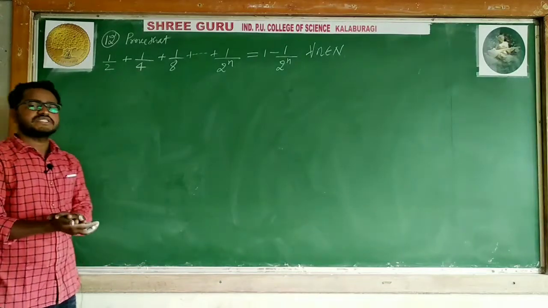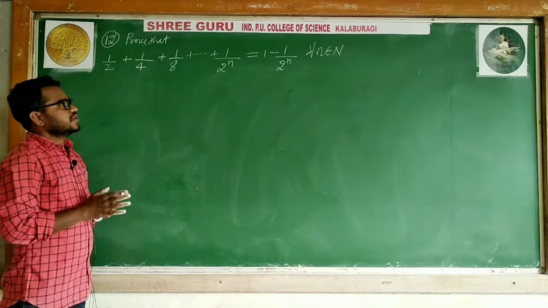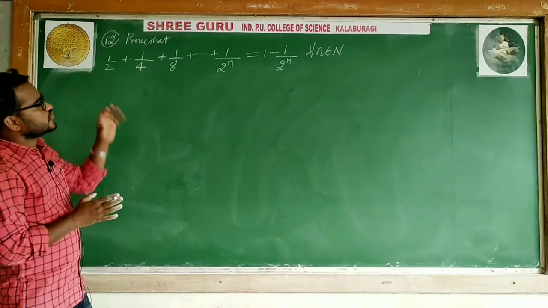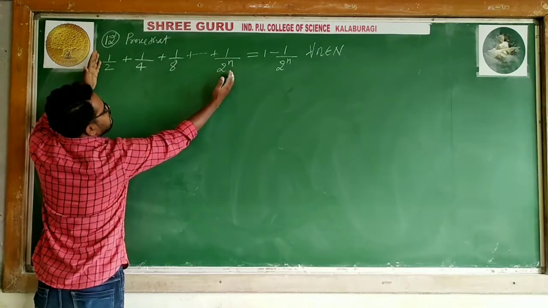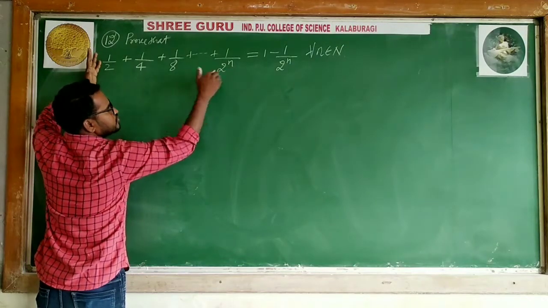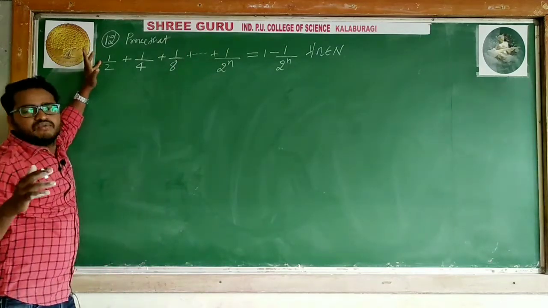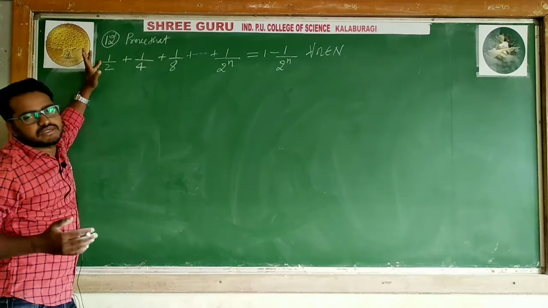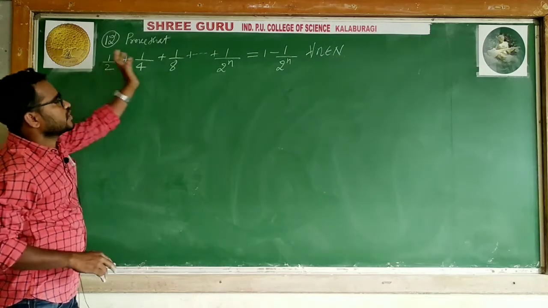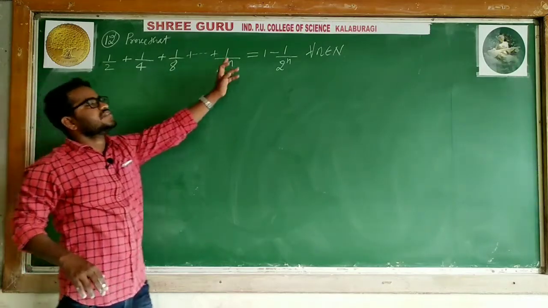What is step 3? Step 3 is very simple. The only thing is you have to prove it for k plus 1 terms. We have these n terms, and if you are adding one term, that will be k plus 1 terms. Whenever we are proving for infinite terms, we have to prove for 2 consecutive terms. When you have proved for k terms, you have to prove for k plus 1 terms. One term you have to add.